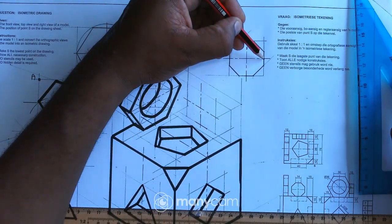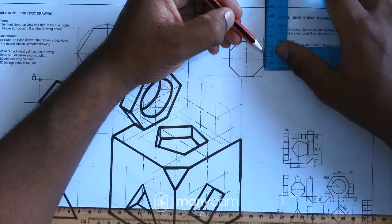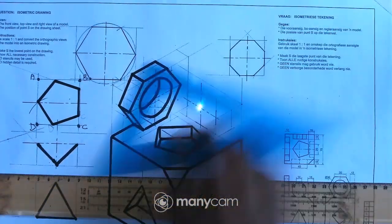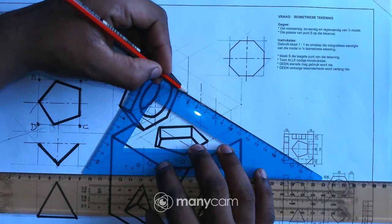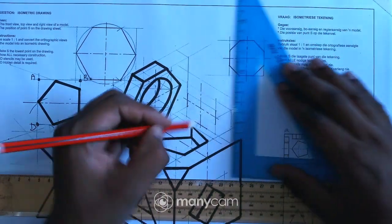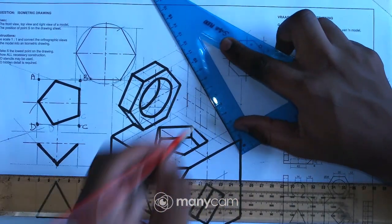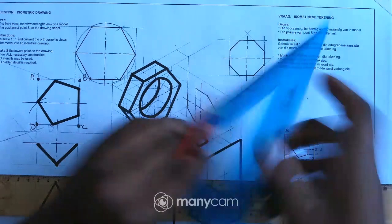So what I have to do is just take these measurements, mark them there. So for this point, obviously it's 7 going down from the center line, so I mark the 7, then 7 up there, and then I can just draw that. Okay, and then on the other side I can just project this point to the other side, even this one to the other side. So I have 2 points there, so I can just join those 2 points like that, and then even these 2 points I can project them up, and then join these 2 like that. And then what I have to do now is just complete my octagon there. Just like that,